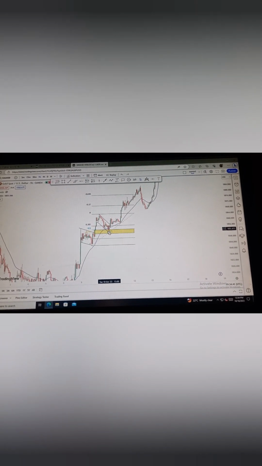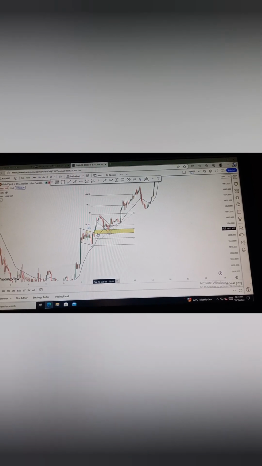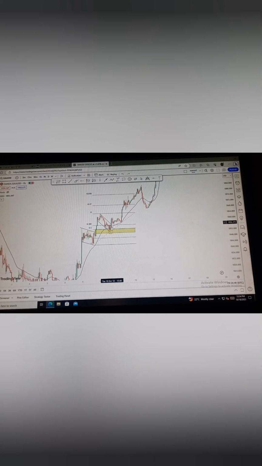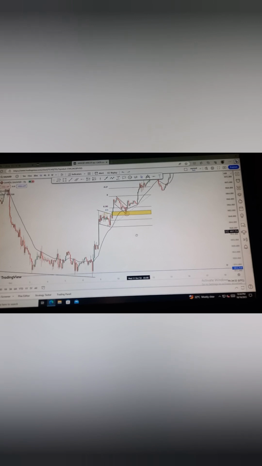So you see the concept, and we got a nice rejection here at our golden zone, where resistance became support, another confluence with the moving averages and the trend. Because obviously in the higher time frame, you will see that we're trending up on gold. So if you took the buy here by the rejection,